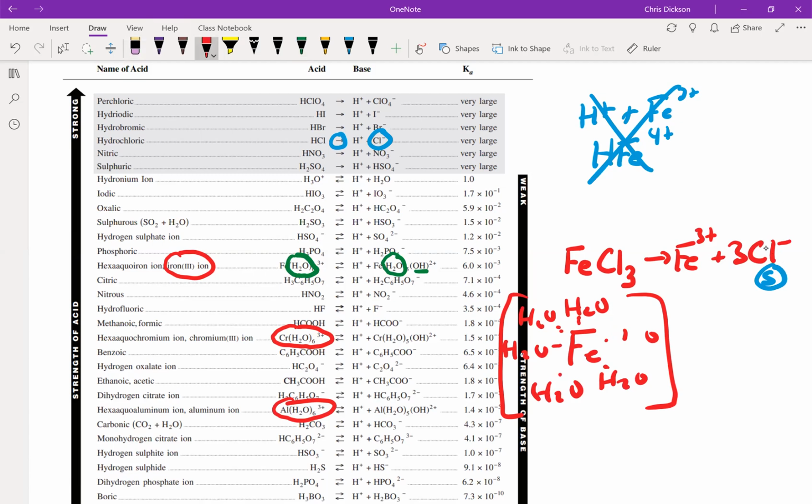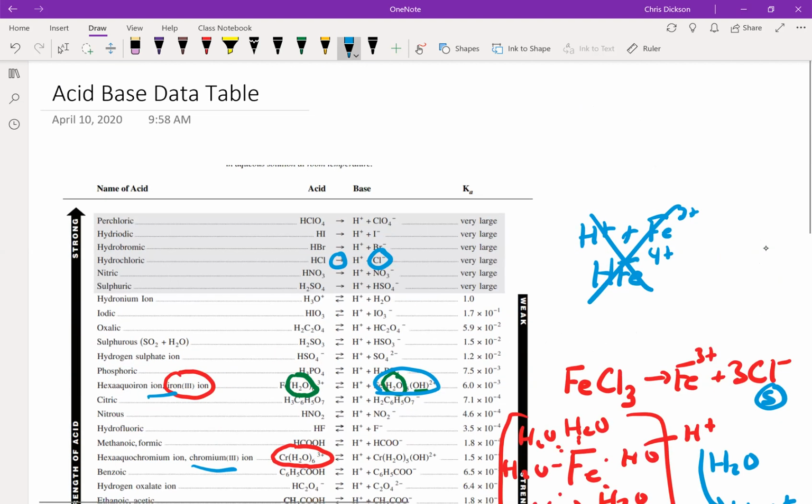If I remove one of those and give off an H here, and then I have water, then these things come together to form hydronium, and then you get this compound over here. So if we just look at those compounds, I'm not going to do all of them, but iron 3, chromium 3, aluminum ions, and if you go to your periodic table,